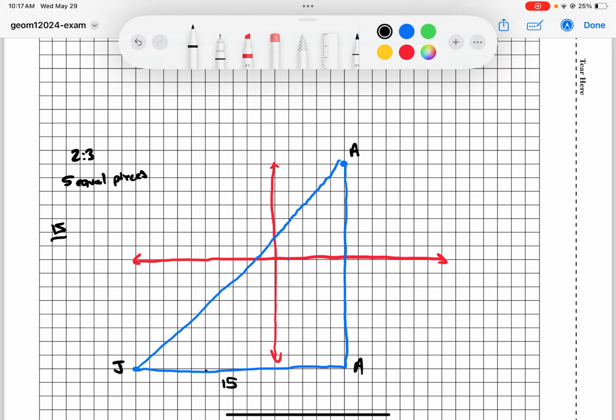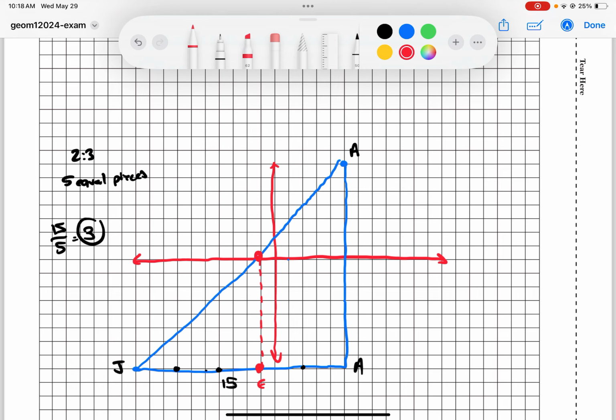So if 15 divided by 5 would be 3, every piece is worth 3. So if AE gets 2 out of the 5 pieces, that's 1 piece, 2 pieces, 3 pieces, 4 pieces, and that'd be 5 pieces. So we've divvied it up into 5 equal pieces. Since AE is getting 2 out of the 5, I'm going to place point E here, and I'm going to use the side splitter theorem,